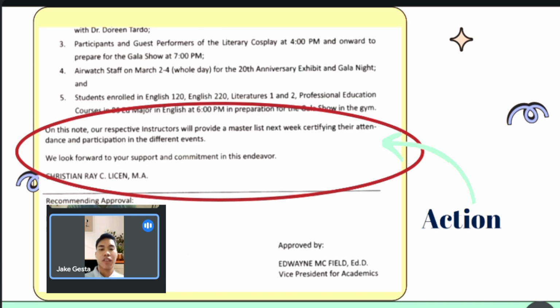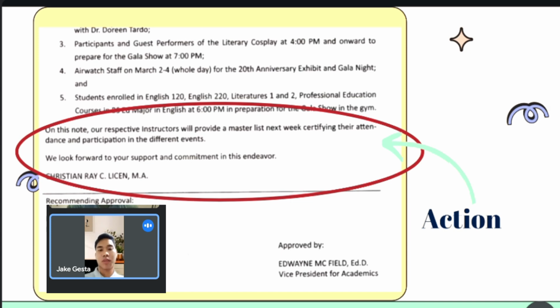Include any necessary supporting documents or evidence of participation. Third, submission. Submit the certified master list to the Office of Academic Affairs by a specific date, deadline, etc. Ensure the submission is both in electronic format via email to the email address, and hard copy delivered to the office location.